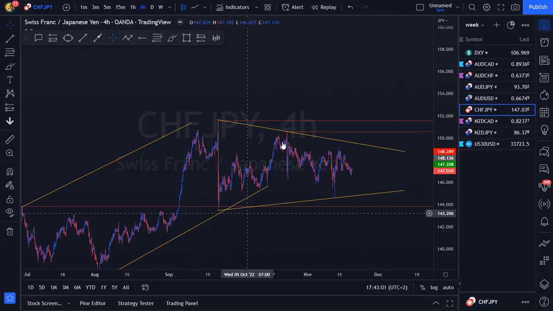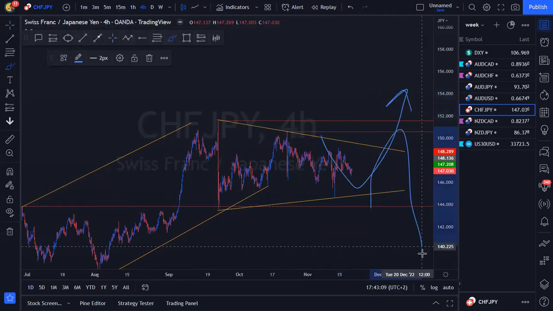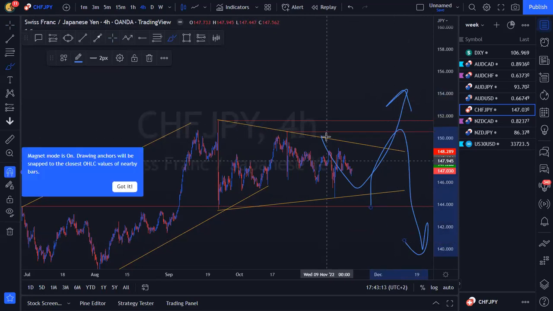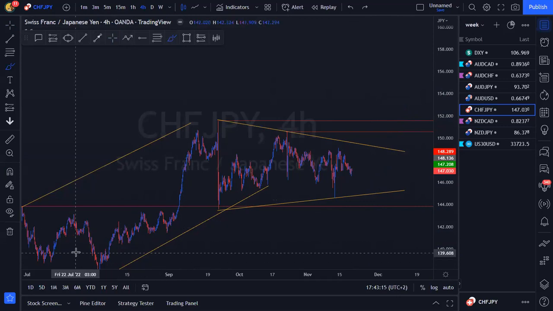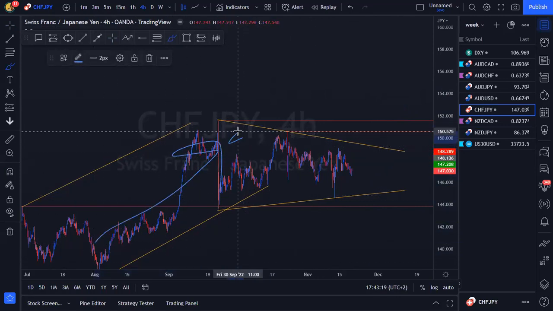Obviously you guys can see that we're contracting. Contracting, moving sideways, the market is preparing for something big. Either that big movement is going to be a break to the upside, or it's going to be a break to the downside. We would obviously hope that that movement is a break to the downside, since we're bearish because of our higher time frame ascending structure over here, and obviously this sell bias momentum